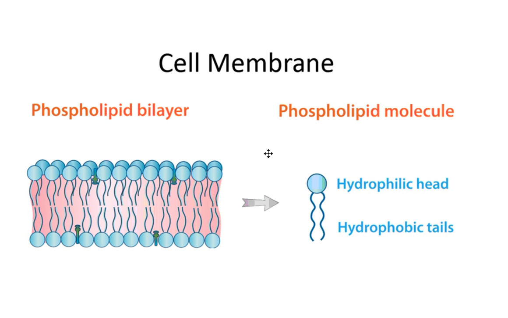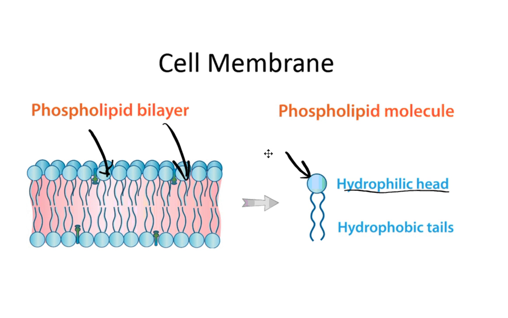Now let's talk about the cell membrane for a little while. The cell membrane is composed of a phospholipid bilayer. Now, what do I mean by that? Well, you can see the phospholipids. We've talked some about them already. These are little structures that look like heads with two legs on them. Phospholipids have two different sides to them. They have the hydrophilic head,